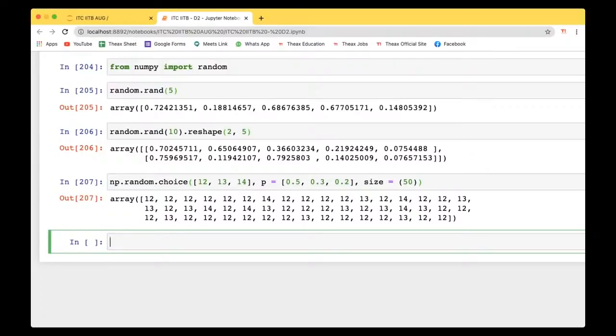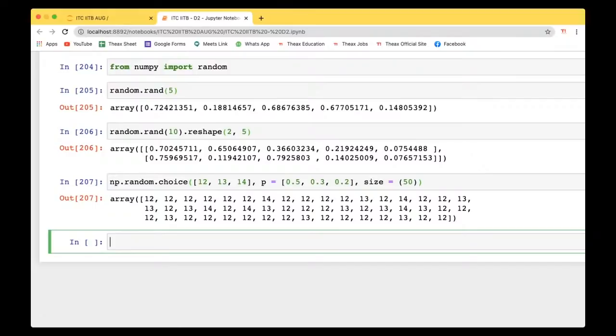Even if it is random, you will be taking the numbers from there, right? So you're taking 12, 13 and 14 from this choice. From this random, you're only taking 12, 13 and 14, and you want only these to be printed out. You have written your percentages over there, that is P equals 0.5, 0.3 and 0.2. That is, 12 to be printed for 50%, 13 to be printed for 30%, and 14 to be printed